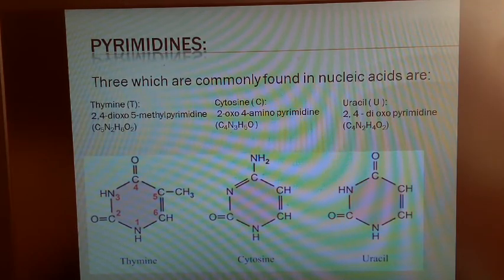So 5-methyl uracil is nothing but thymine. So the structure of thymine, but the structure of cytosine is different. You can observe that here there are 2 C double bond O groups, but there is only one C double bond O in the other. It is entirely different. So you can relate thymine and uracil. Thymine we can also name as 5-methyl uracil. I hope it is clear.